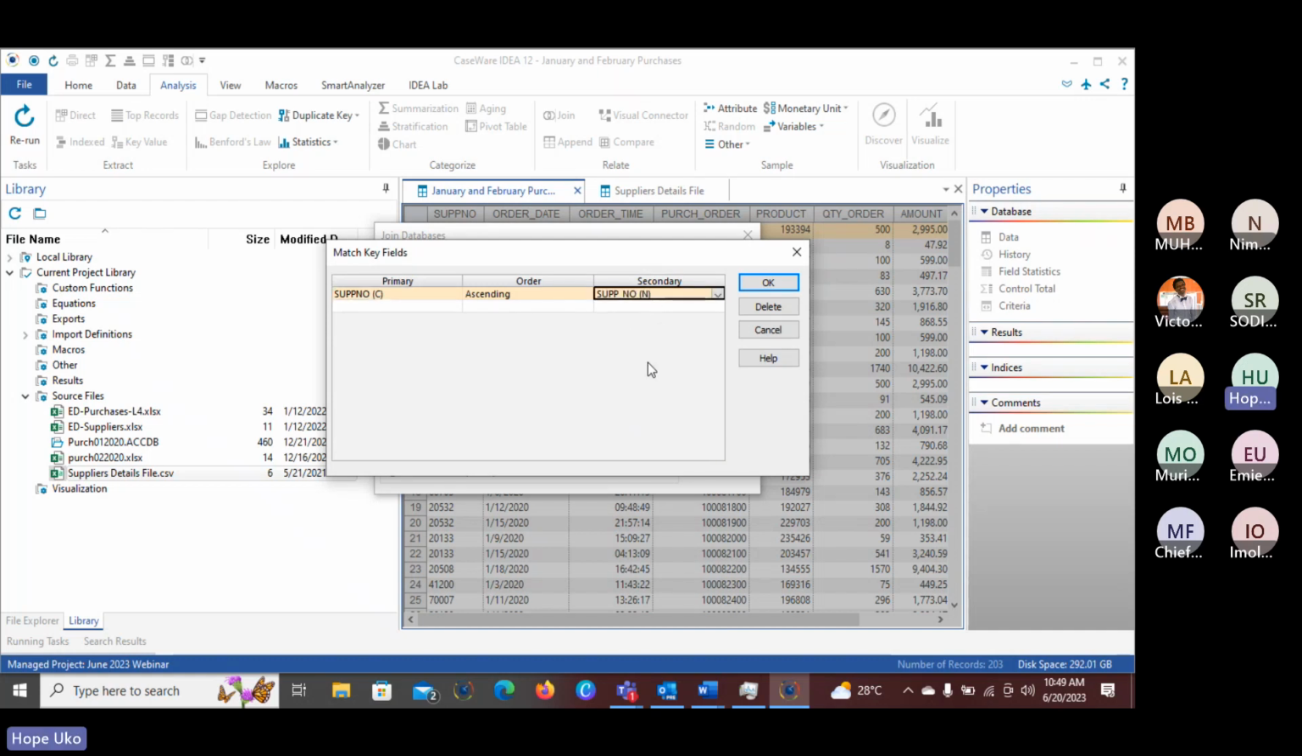Now remember I said there are restrictions when using join. They have to be of the same data type. And if you look at my screen, the supplier number in the secondary database is numeric, while the supplier number in the primary database is character. We can't go ahead with this join, so we'll have to rename it or we change the field type to reflect the same. So I'm going to close this,